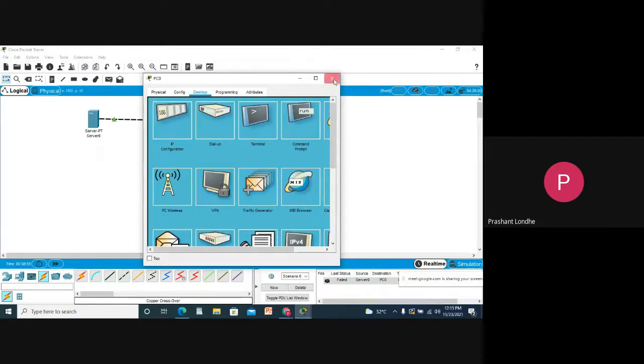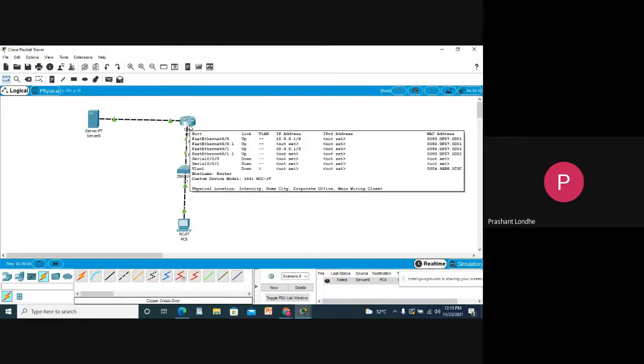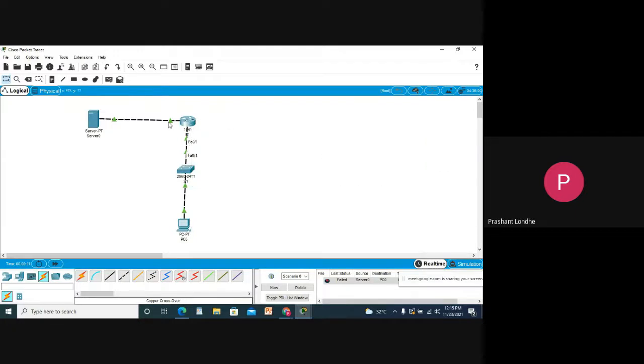The FastEthernet of PC0 will be connected to FastEthernet 0/0 of your switch, then FastEthernet 0/1 is connected to FastEthernet 0/1 of your router, and FastEthernet 0/0 is connected to the FastEthernet of your server.